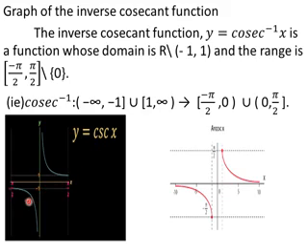Here we have the graph of cosecant x in the interval minus pi by 2 to pi by 2. And here we have the graph of cosecant inverse x. Arc cosecant x means cosecant inverse x. You can see in the book y equal to cosecant x we have. So how we can draw this is, you see the domain. The domain is R difference open interval minus 1 comma 1, isn't it?